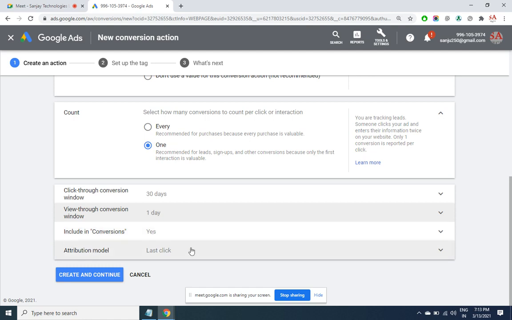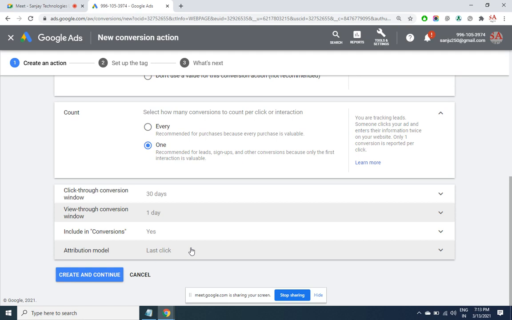Attribution model, last click. Now a company does not have any obligation that it has to only run ads in Google. It may be running ads even in Yahoo, even in Bing.com, even in Facebook.com. So it may be spending on multiple platforms. Now the clicks and views are coming from different areas.